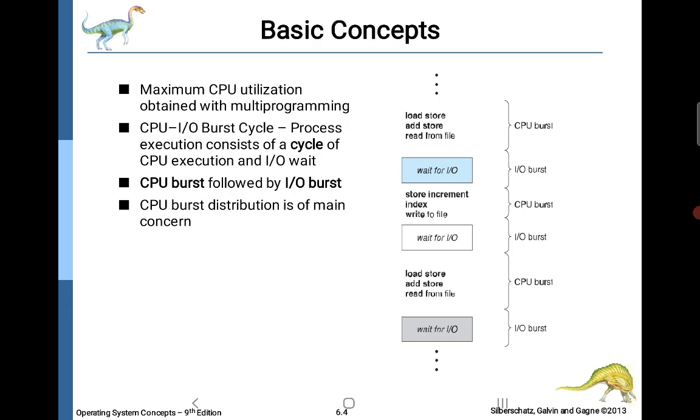Generally, any process while executing will be alternating between two states. It's either using the CPU or it's waiting for input-output operation or a signal or whatever. We will call these bursts, a CPU burst and an input-output burst. So any process while executing will be exactly doing this, using the CPU, then using input-output